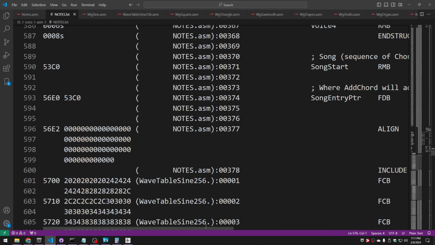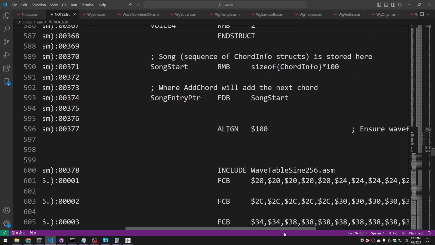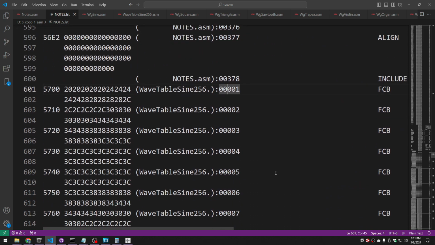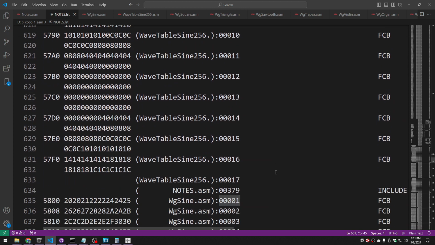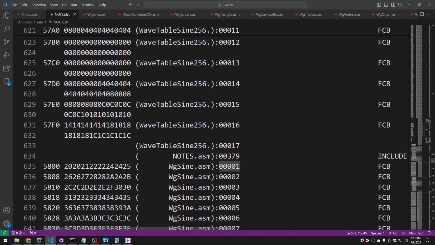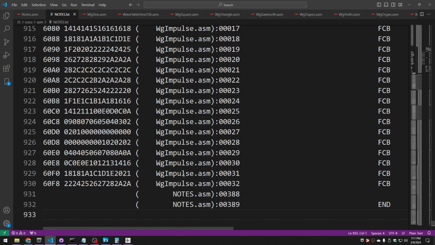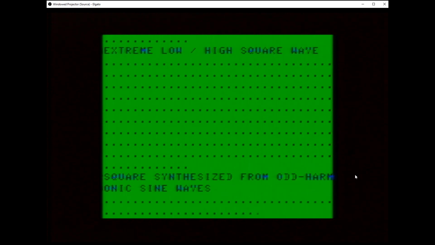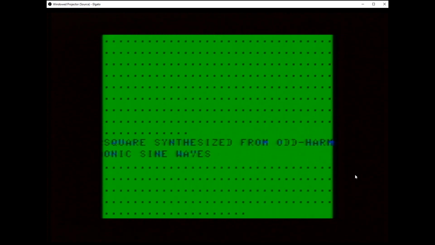And if we take a look at the generated code, this is the list file. The very first wavetable is included here, and that's right on a page boundary of 5700. And that should end right at 5800, and sure enough, the include of the next thing, WG sign, begins right there at 5800. And if I go down to the end, my last waveform ends here at 60F8 plus another 8, which will bring us right to 6100. A little later, I will demonstrate playing songs with the different waveforms so you can hear how they sound. But first,